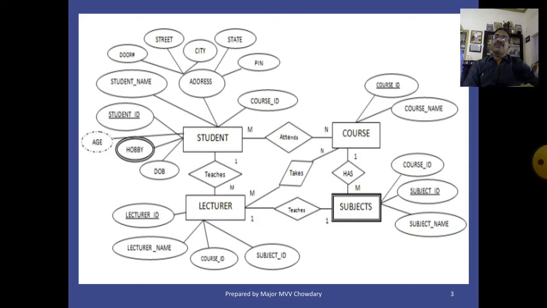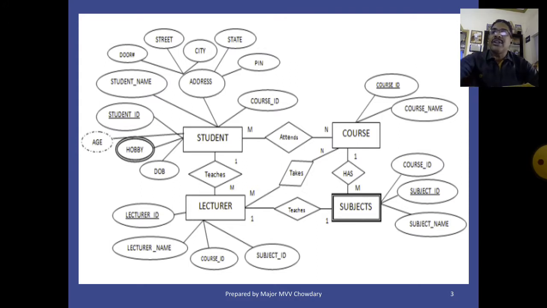Associative entity to tables is another one. A many-to-many relationship can be modified as an associative entity in the ER diagram.